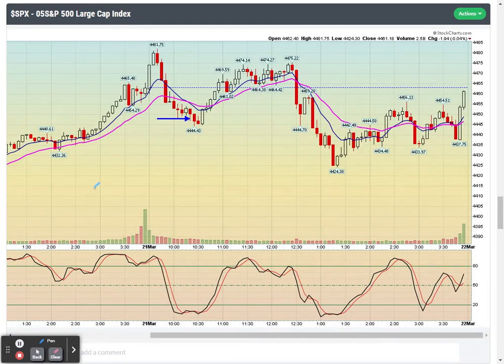I know some of you guys are curious, but this is where I liquidated my position when the S&P 500 dipped below 44.50. This is the morning. It was able to trade above the 200-day moving average, and then it reversed lower. That's where I decided to sell right there.